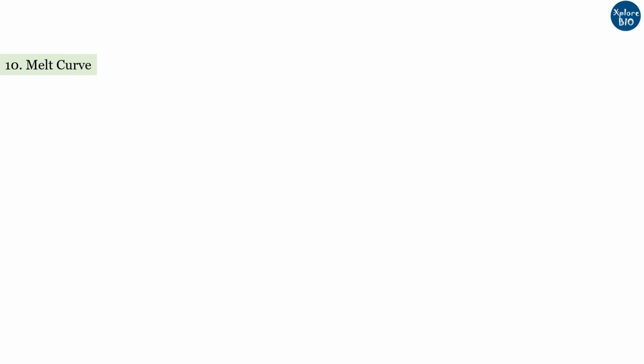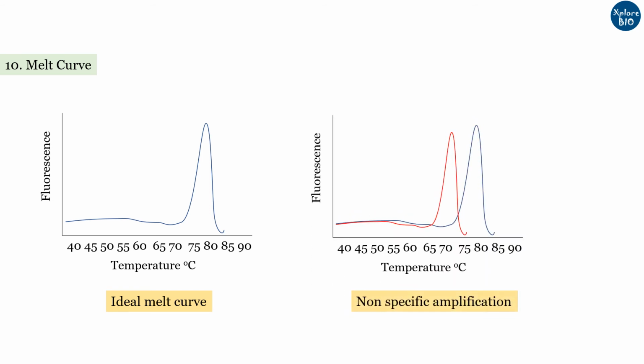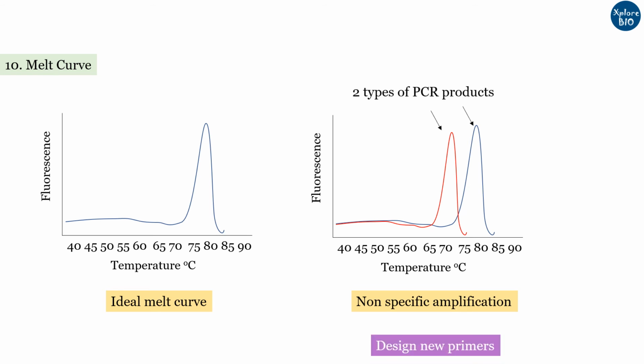A template dissociation program is run just after RT-PCR is done to check the presence of non-specific amplicons. The first curve you see is an ideal situation when you get amplification of only a target gene. In the second curve, multiple targets are amplified, seen as two peaks in the dissociation plot. Here one needs to redesign the primers.